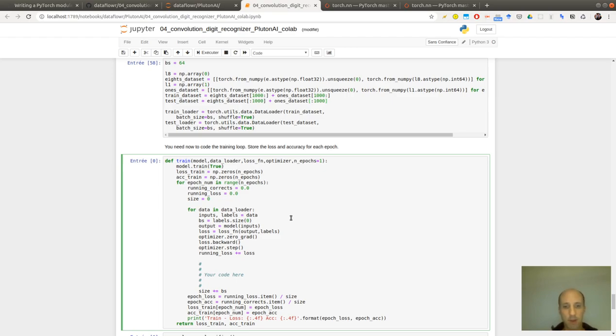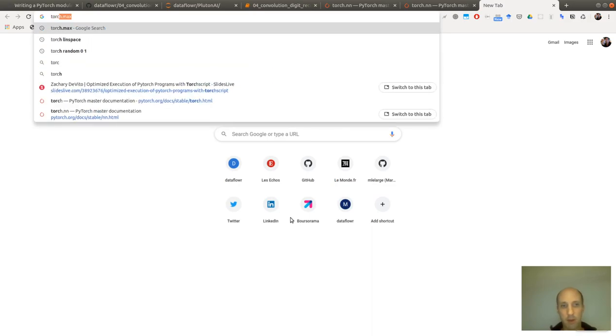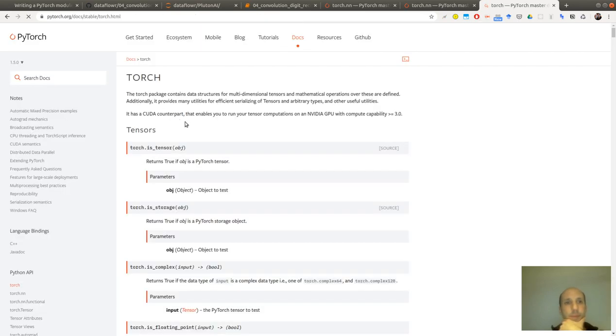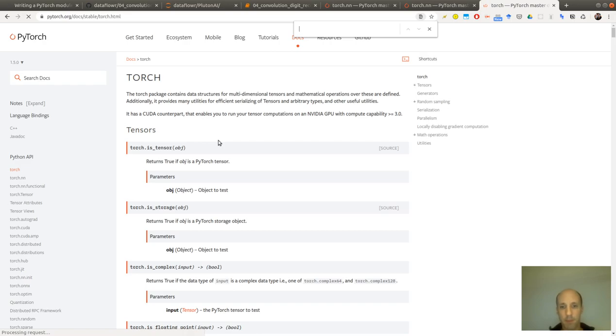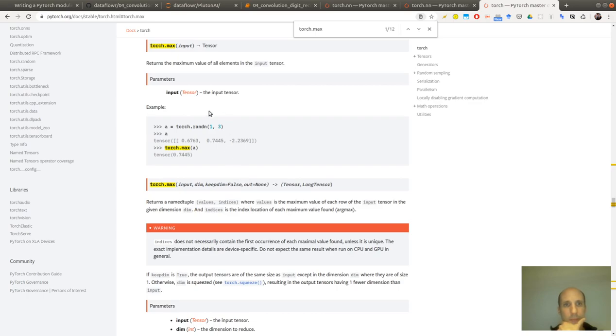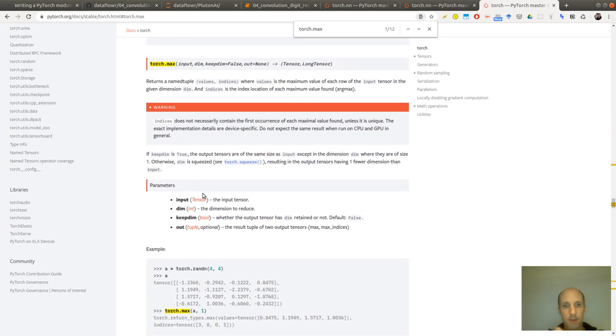I will use torch max, yes. So it's returning the maximum value and then the indices.